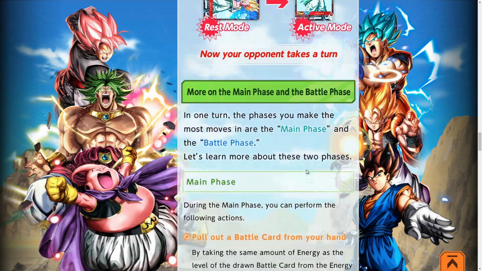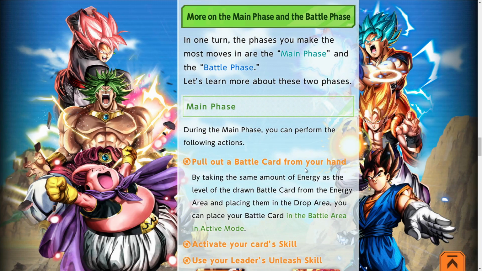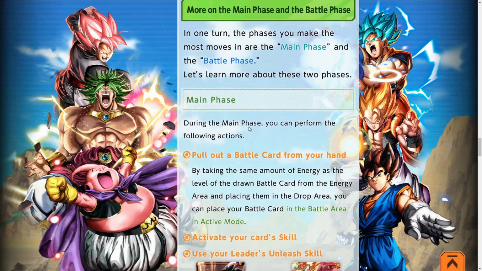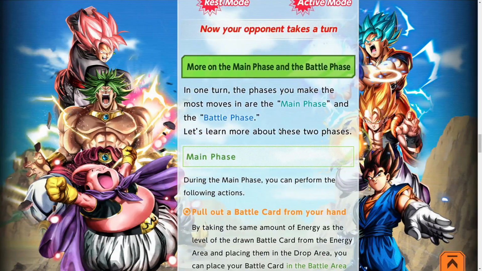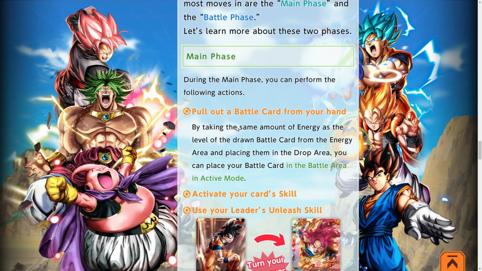So there's a few differences there, but things start to get really strange when we look at the main phase and battle phase in a bit more depth here on this page. This is basically going to outline in a bit more detail the actions you can take during your main phase and your battle phase. So first up, we have the main phase. During your main phase, you can perform the following actions. So you can play a battle card from your hand,